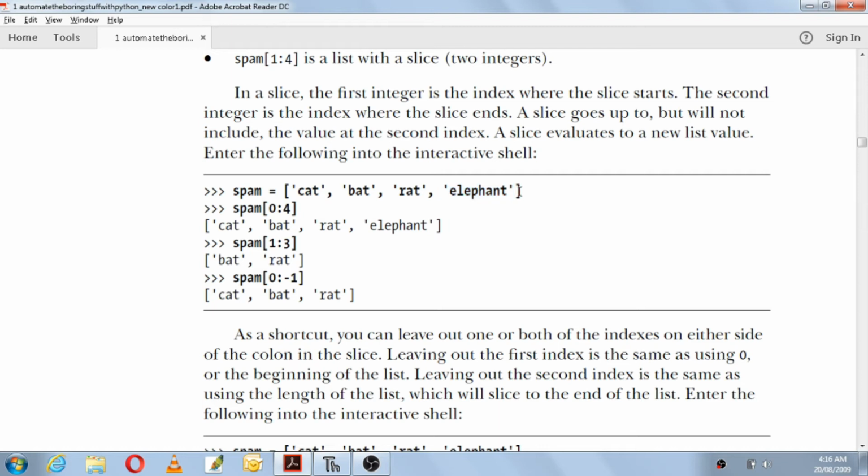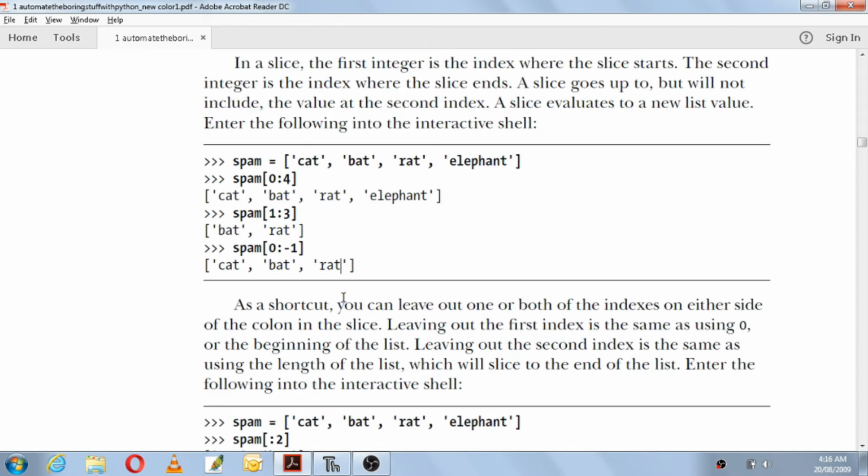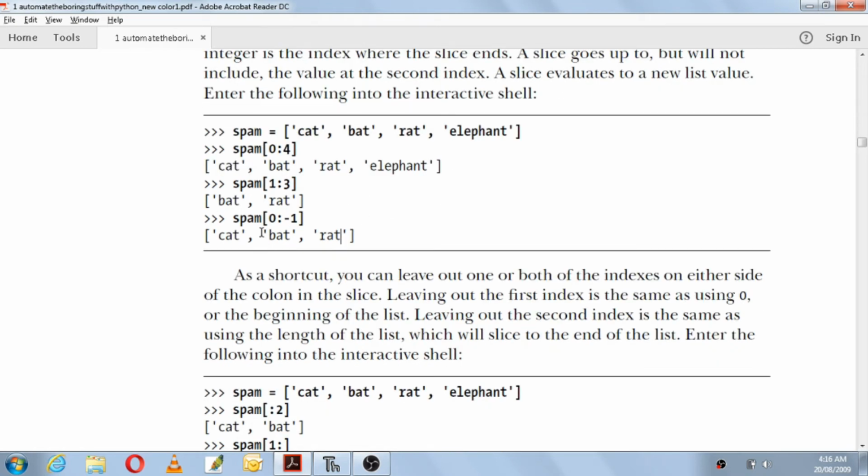So this will not be included, that is from 0 to -1. -1 means up to -1, so this also will not be included. So what will get printed is cat, bat and rat. This is how you make use of slices to get a sublist from a list.